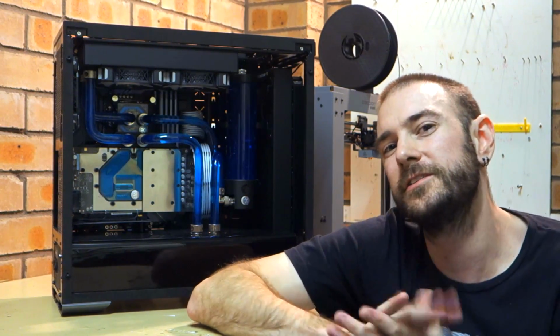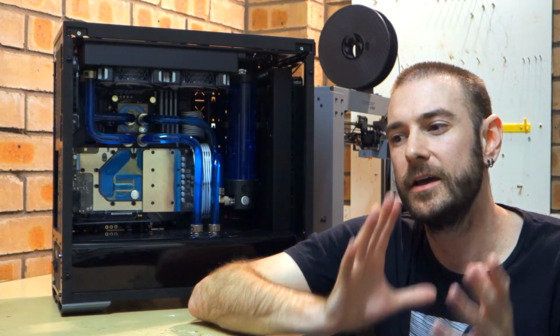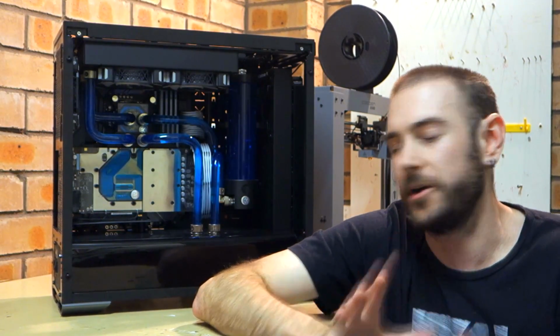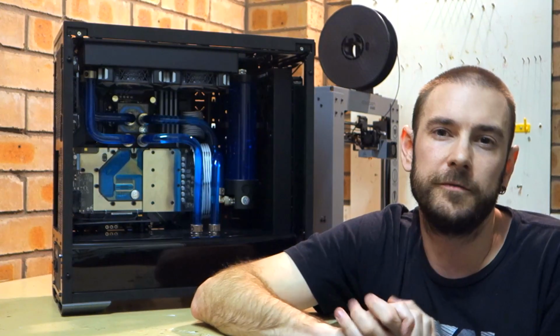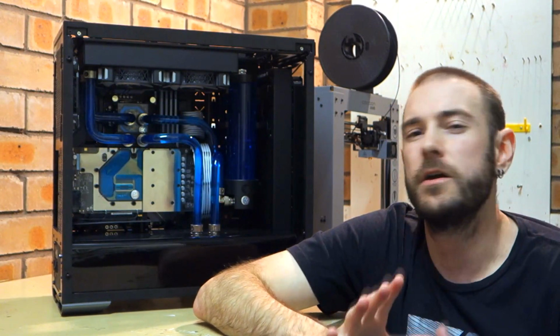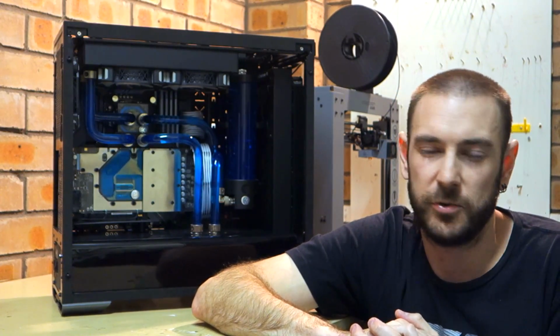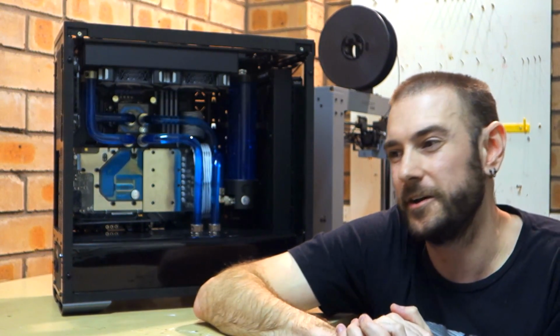Now, it's important to note here, first of all, that delidding absolutely does void your processor's warranty. So if that's a concern to you, don't do this. The real world performance benefits of doing this are very, very tiny, if at all. Honestly, in the real world, you're not going to see a difference between 4.8 gigahertz and 5 gigahertz,